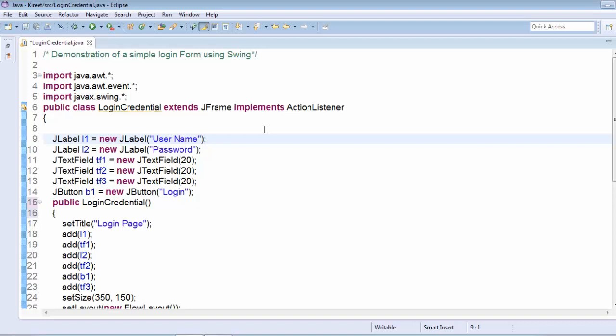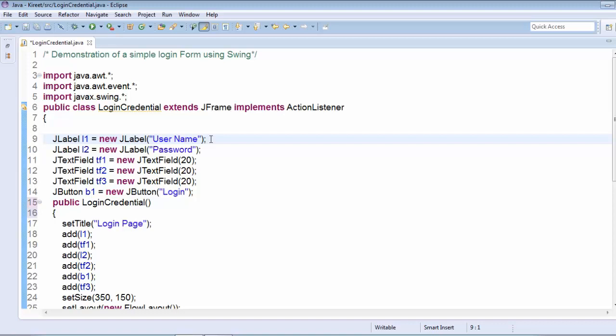So what I have used, I have created a JLabel for the username, because the form will have a label for a username and a text field corresponding to that label, a label for a password and a text field corresponding to the password. And again I have created a text field that will reflect whether your login is a success or not. This small example I have given you in your assignment. So let's see how we will proceed, and you will recreate this example as per your choice. You can implement some more components in it.